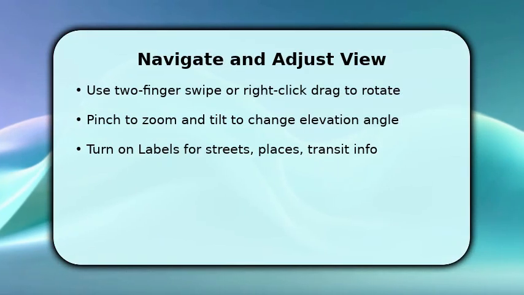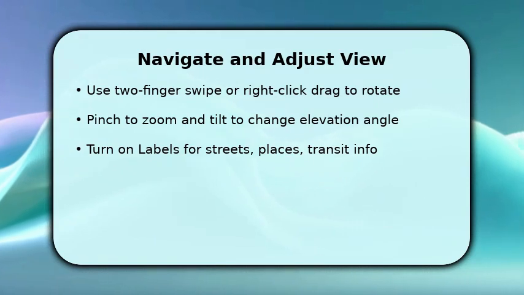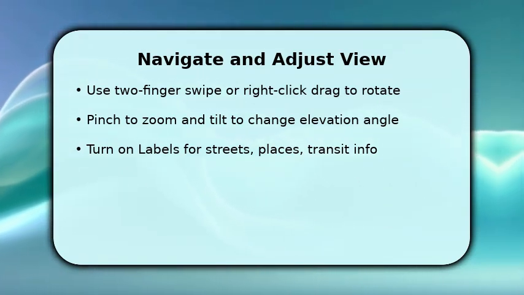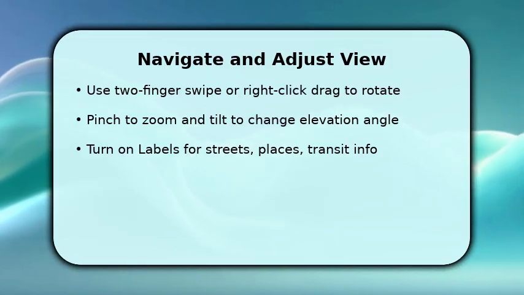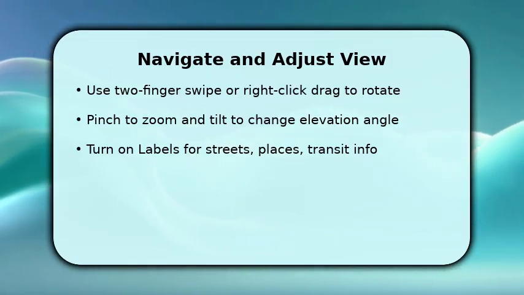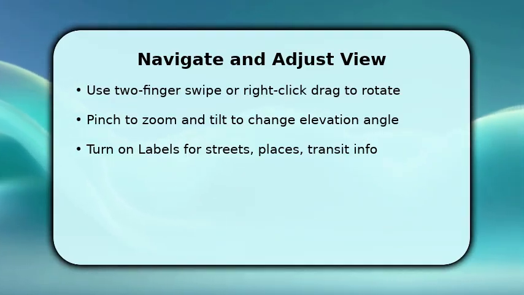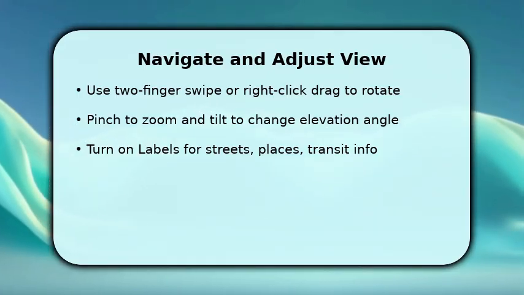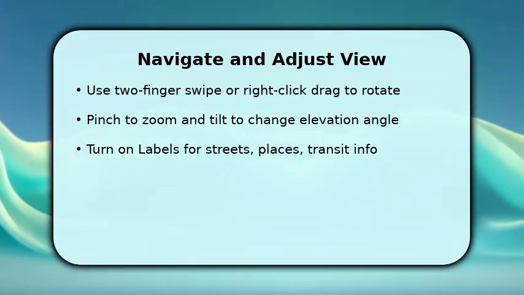Now you'll learn to control the scene. Rotate with 2 fingers on mobile or right-click drag on desktop to get the perspective you need. Pinch to zoom and tilt to adjust elevation so building heights and terrain are clear. Use plus and minus for finer zoom steps, and turn on labels so you can read streets and place names while seeing 3D shapes. Once you've framed your shot, use Street View where available to drop down to ground level